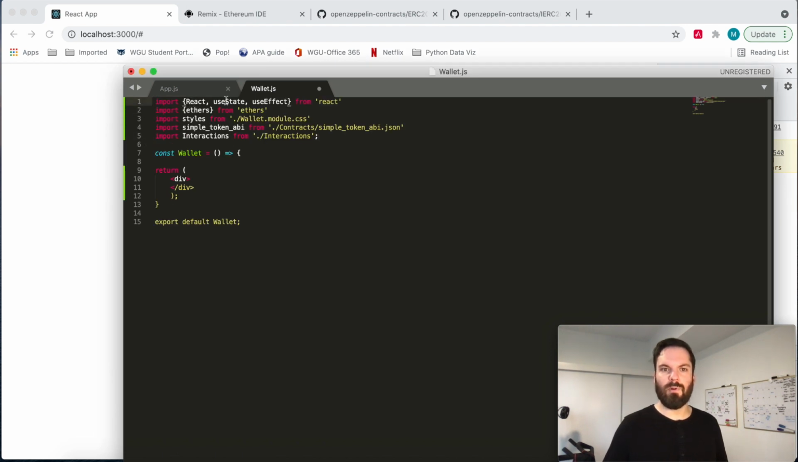All right, so we're going to import React, useState, useEffect. You'll see how we use those. Ethers is that npm install ethers library. Our styling is we make a CSS folder called